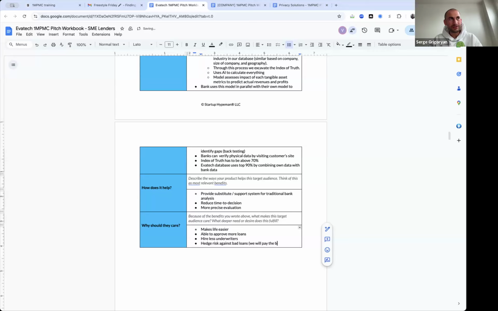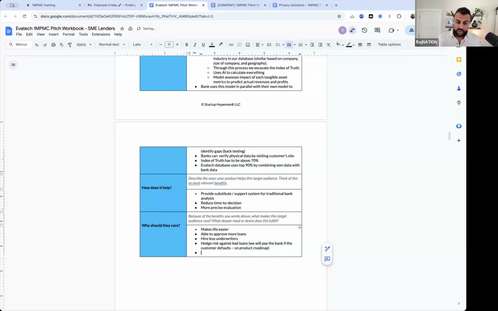I've done some pilots. I had a Hungarian bank as a client, and they sold us the clients whom they declined, and we granted them loans from our own balance sheet. I had zero non-performing loans, but that was a very specific pilot in a very small niche. Those were small manufacturing companies.